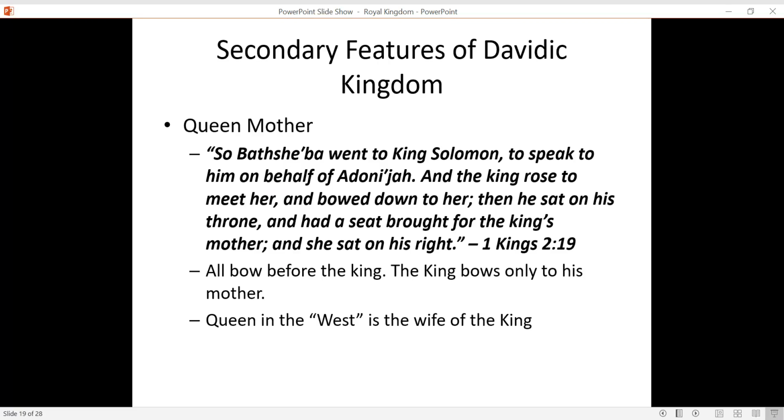And when you have many queens, only one of their sons will become king, and so it becomes infighting. It becomes pretty dramatic, and historical records in different cultures show that there are battles and warfare between different queens who all want their sons to be the next king. And so, in order to reflect stability in the East, the queen is not the wife. The queen is the mother, because every king would only have one mother, though he may have many wives. So hopefully that makes sense.